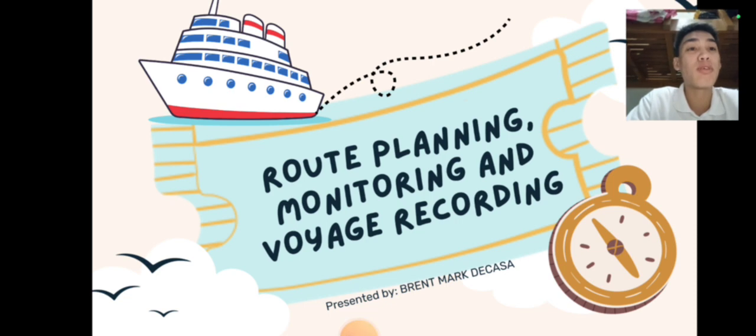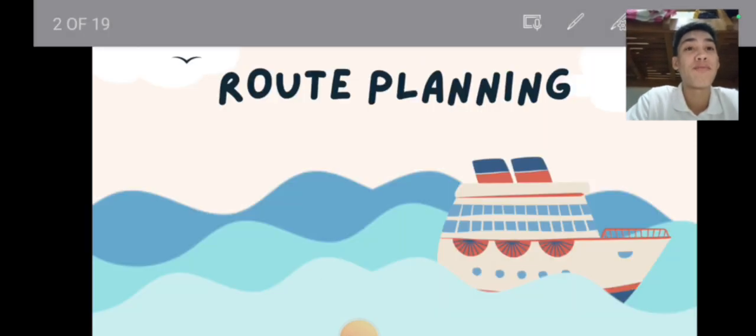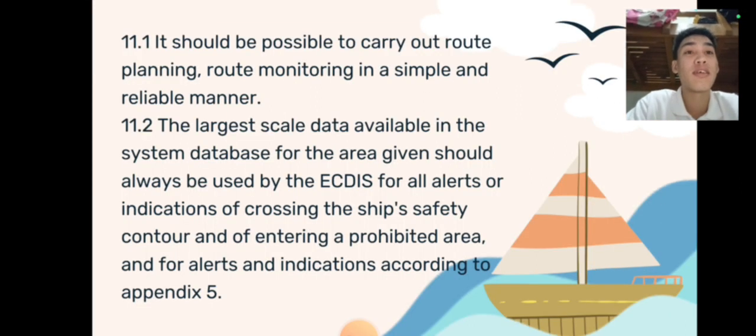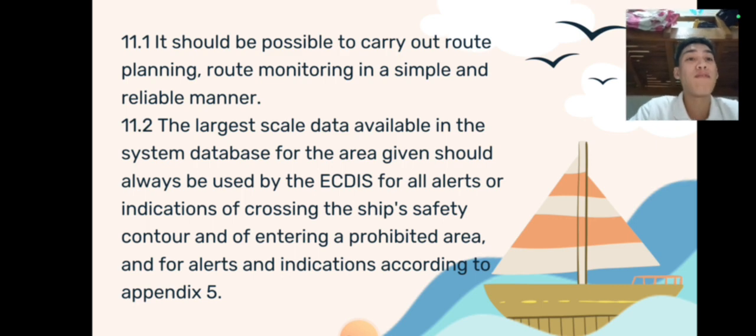route planning, monitoring, and voyage recording. First is route planning. For 11.1, it should be possible to carry out route planning, route monitoring in a simple and reliable manner. For 11.2, the largest scale data available in the system database for the area given should always